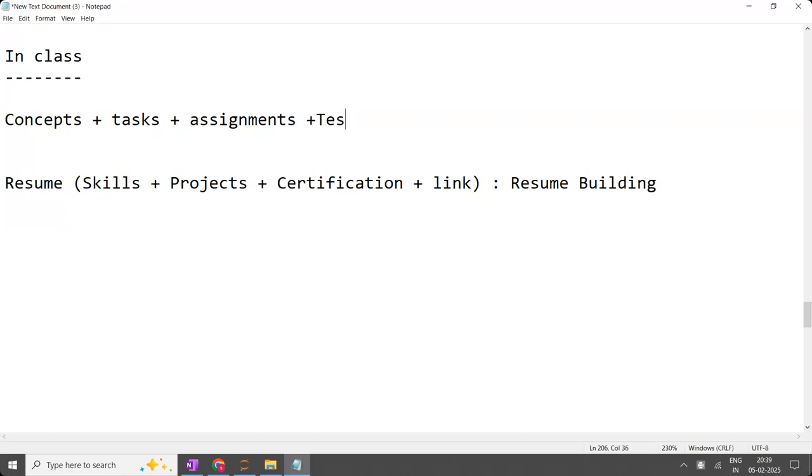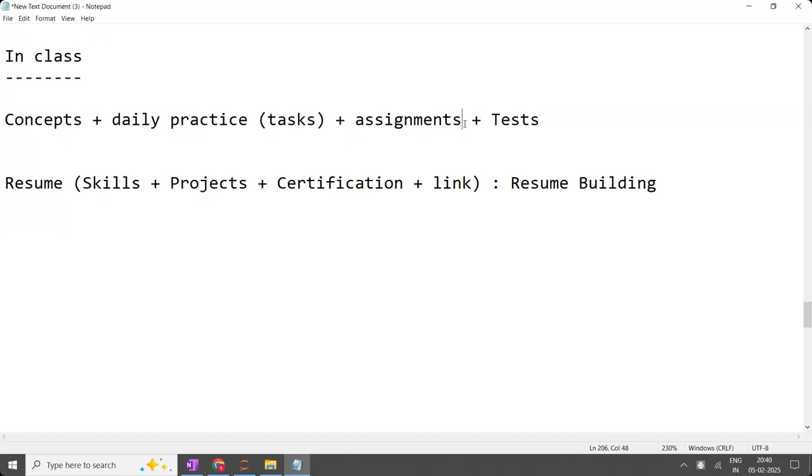And we are going to conduct the tests. This is an MCQ test. This is a data test. These both are tests basically. This is task only, which is called practice. Everyday's practice, daily practice. For daily practice, we are going to share the task. This is daily practice, assignments and tests.